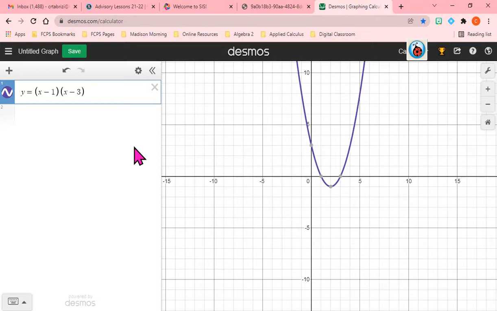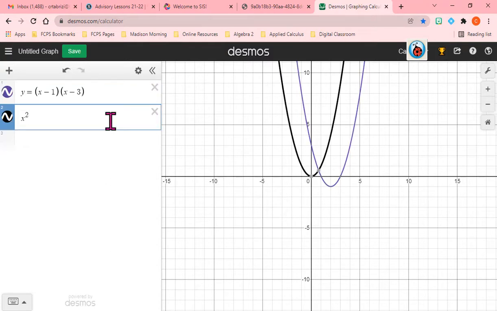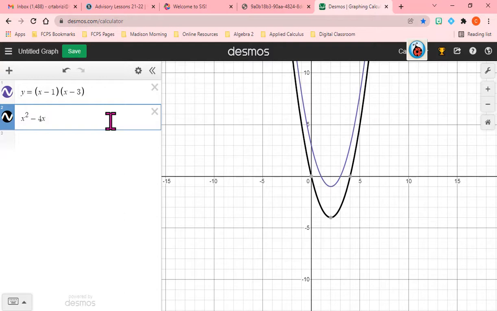This is a 1x squared if I were to FOIL this. Now this is x squared minus 4x plus 3. So it's the same thing. My leading term is 1x squared. That's up for my arrows. Up. We already knew that was concave up because we learned it. All right? Now, what if